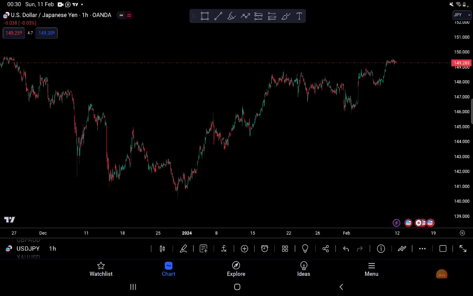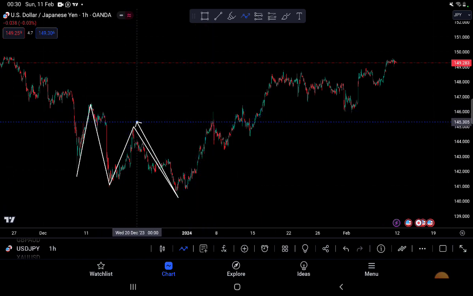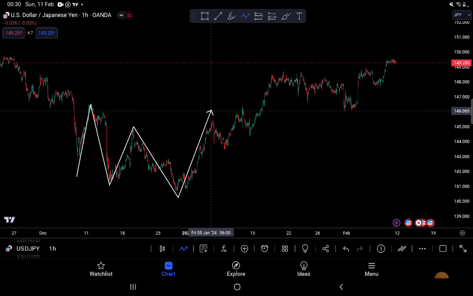So this is the structure of the market. This is USD and first of all, it is always very important that before you find your entry in the market, you have to follow the structure or the trend. So now, initially the market was downtrending, which it is when the market was creating lower lows and lower highs till this point. The market now created a break of structure, breaking above the former lower high,